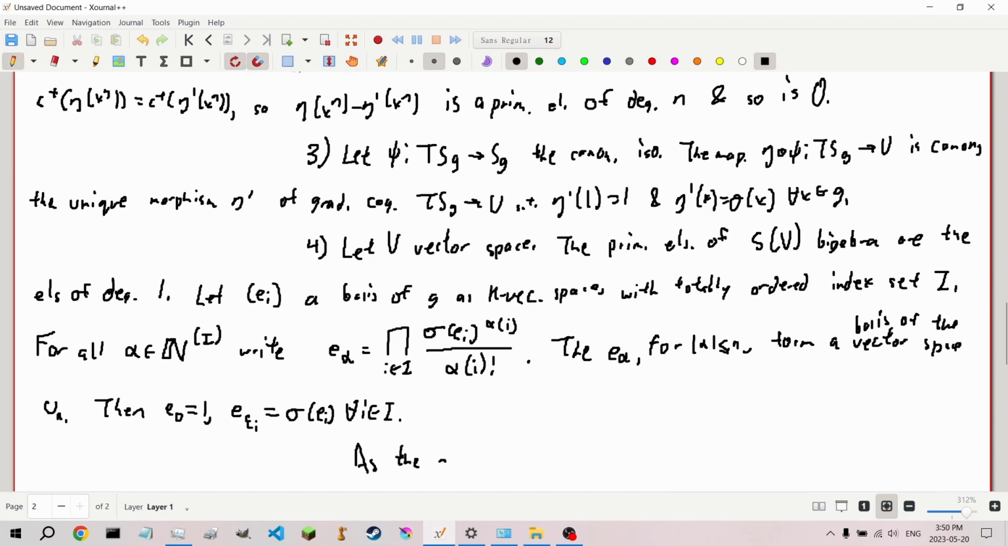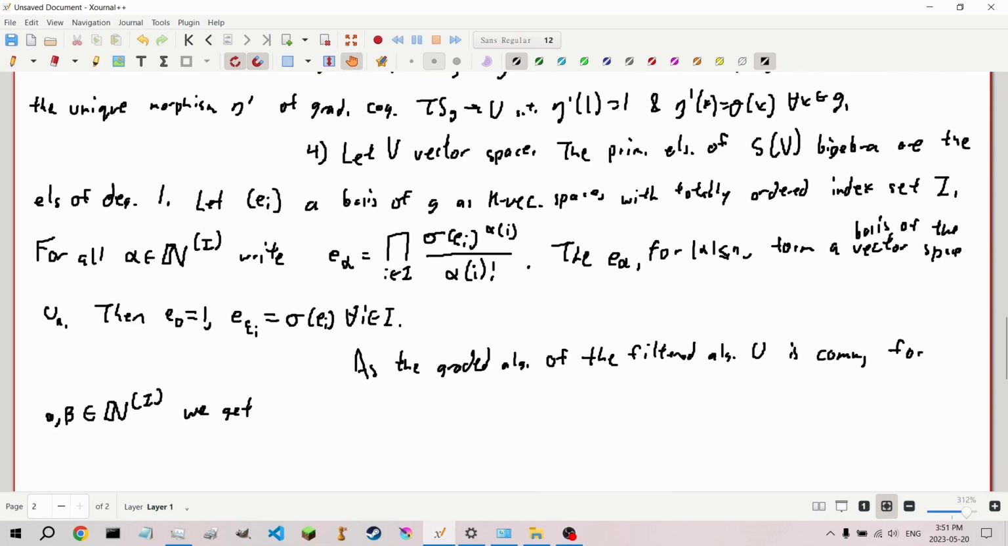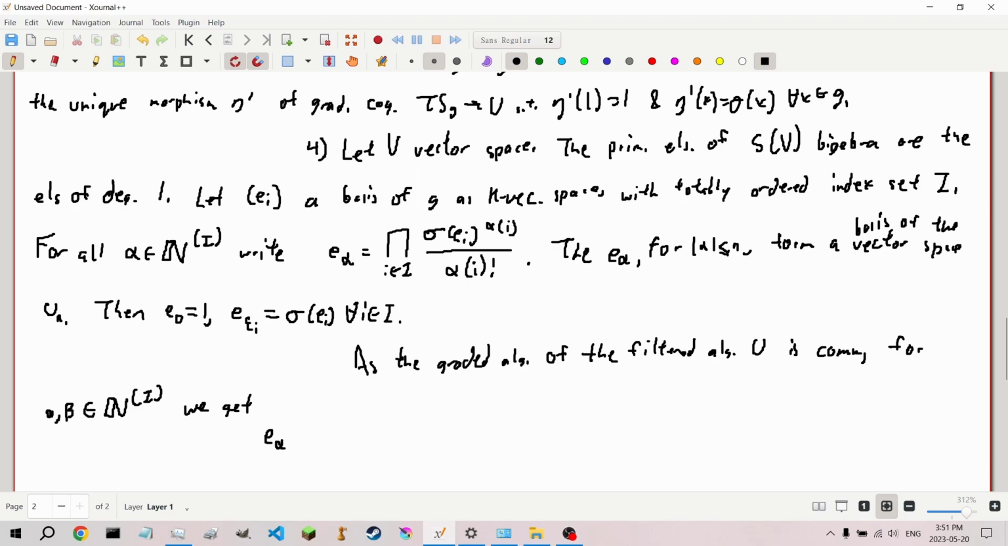As the graded algebra associated with the filtered algebra U is commutative, for alpha and beta in the naturals indexed by I, we get that E alpha times E beta is congruent to, this is a function we will define in a minute, double bracket of alpha and beta times E of alpha plus beta, mod the U filtration of size alpha plus the size of beta minus 1,